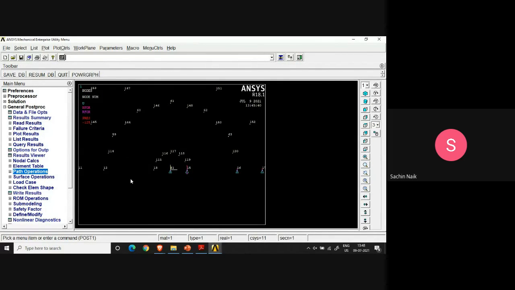Okay, and now we have to go for the option for, see, we have actually specified that, and then to activate the crack tip coordinate system as a coordinate system for obtaining the results, we have to select the output option. Okay, so I go to the main menu. In the main menu, I go to the general preprocessor where I am already, and then I specify the options for output. Okay, options for output, it is here.